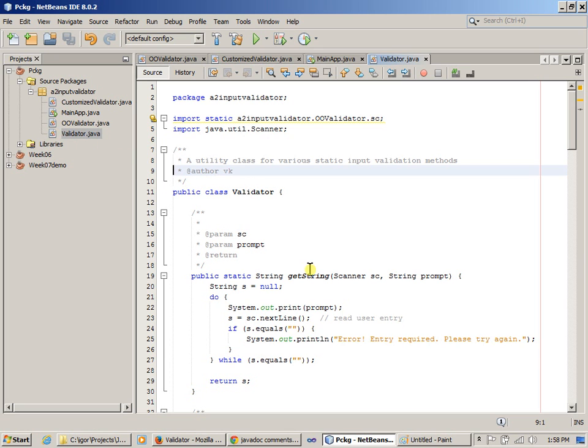Right, so I'm going back to the initial documentation, and I'd like to start with perhaps this validator Java. Right, so the documentation goes that we can document packages, we can document classes, and we can then document individual data members and methods of our classes. So for instance, if I have a method named getString, I can just write a short documentation line for it, which will say